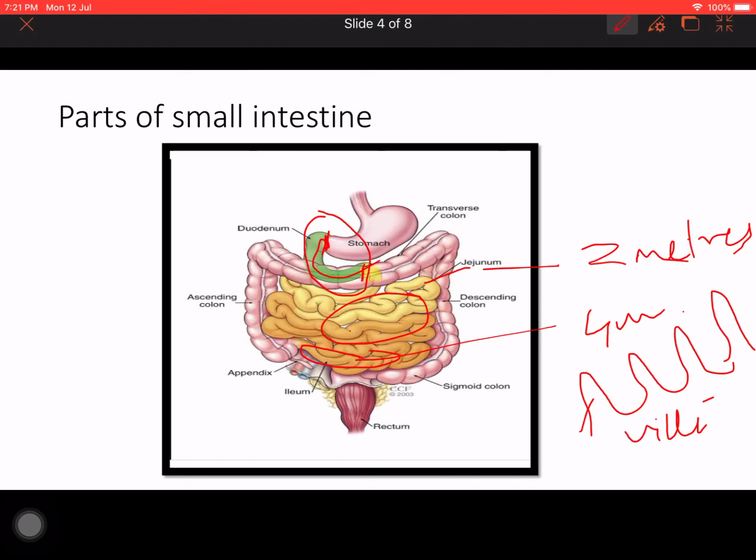Now the small intestine completes the digestion of the nutrients in chyme, and they transport the remaining residues to the large intestine. Okay, the absorption of the products of digestion is done here. They are completing the digestion here, and they are transporting the remaining residues to the large intestine. Now let us move on to the inner part of the